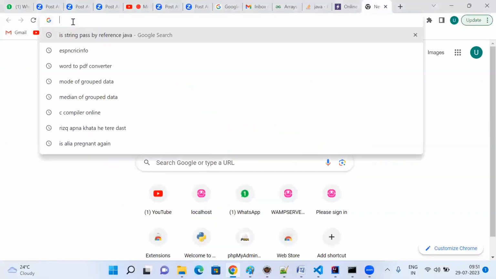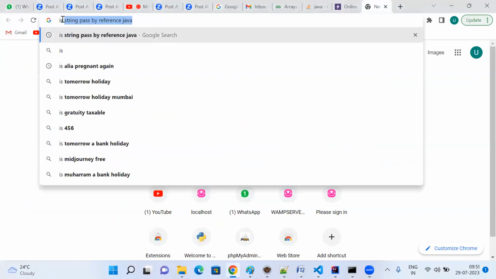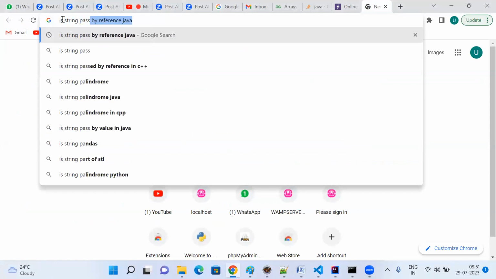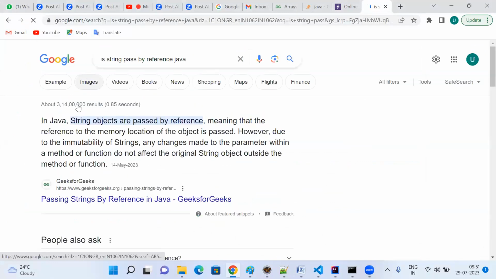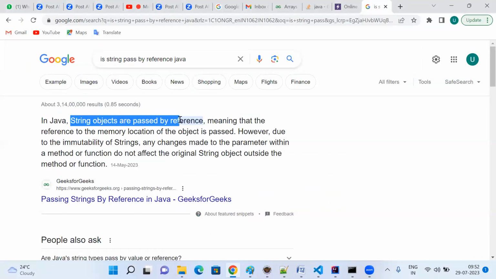You all see my Chrome? So let me check over here. Is string passed by reference? String objects are passed by reference. See, you see here? Meaning that, what is it telling over here? However, due to the immutability of strings,